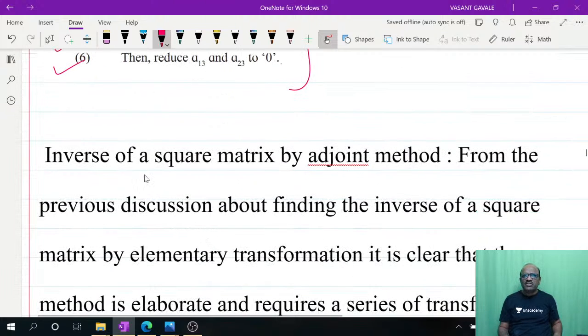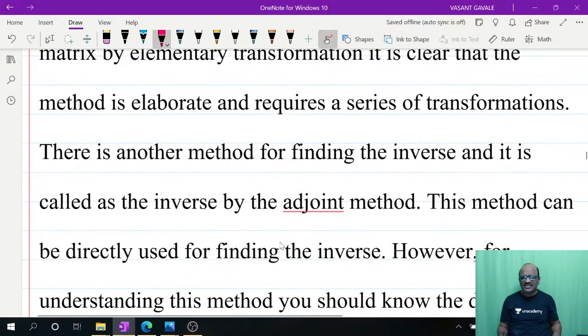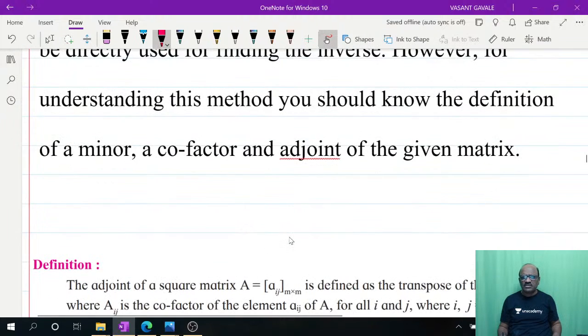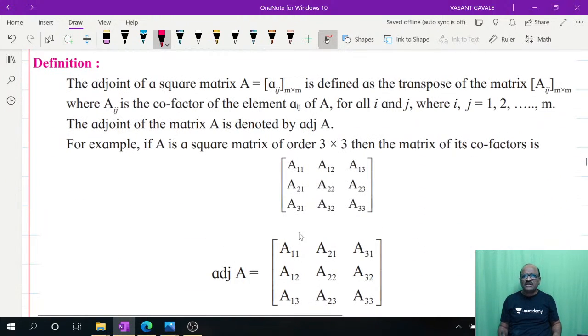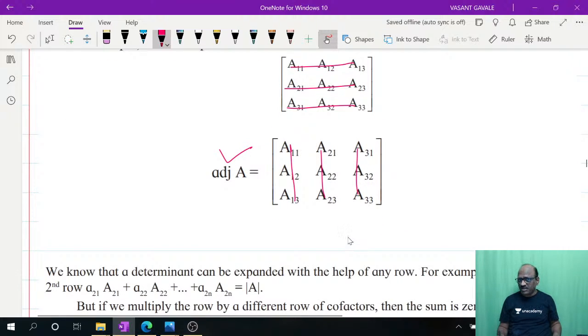ओके. The inverse of a matrix by using the adjoint method, ही इझी मेथड आहे. त्यामध्ये आपण ते कोफॅक्टर फाइंड आउट करत असतो. ओके. And then find out its adjoint. मग ॲडजॉइंट मीन्स व्हॉट? या रोजचा काय करणार तर आपण तिथे कॉलम तयार करणार. First row will become first column, second row will become second column, and third row will become third column, and in this way you are getting the adjoint of a matrix.